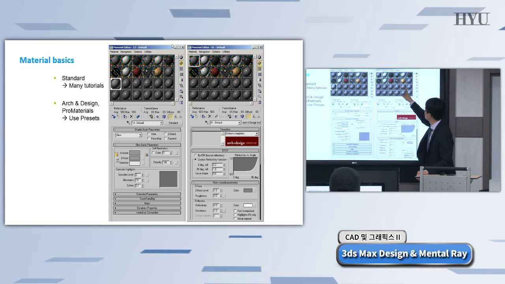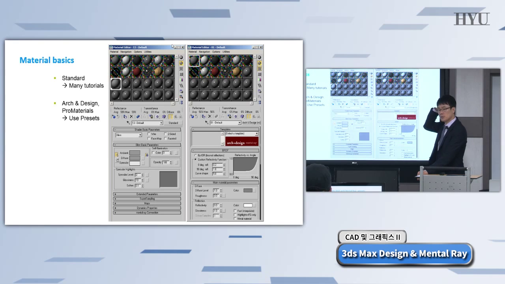But take a look. This is the default Arch and Design material. You can see highlighted, reflective, which means this one has default reflection. If you want this one to not be reflective, you must change the reflection rate, okay? Default is reflective, highlighted, a kind of high glossy gray color material. That is Arch and Design material. I think that's a kind of gray colored ceramic, something like that, okay? Anyway, this is Arch and Design material, but if you click this one and open Material Navigator, you can find